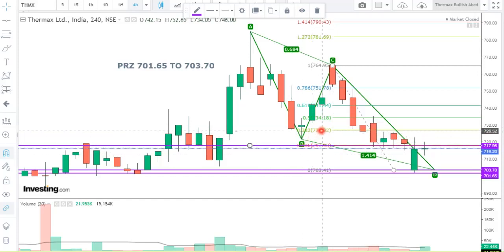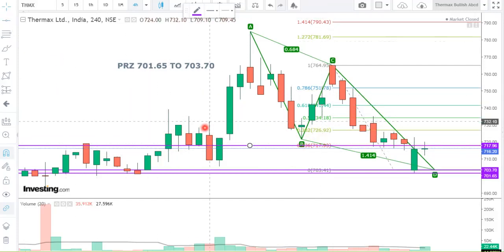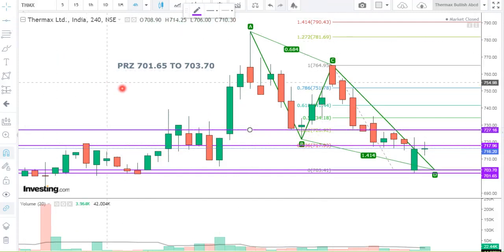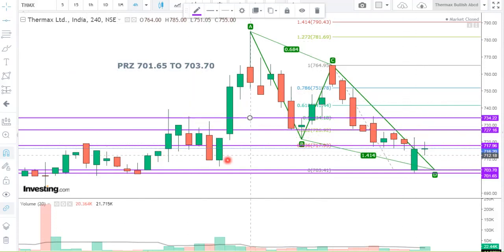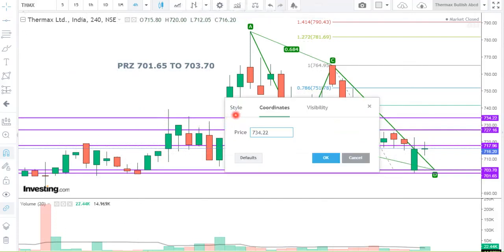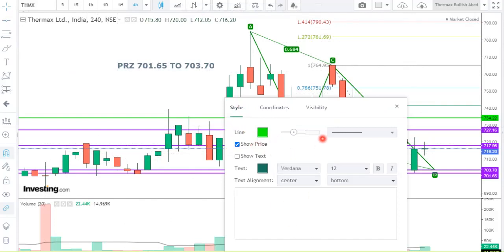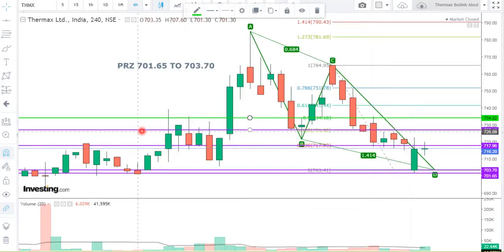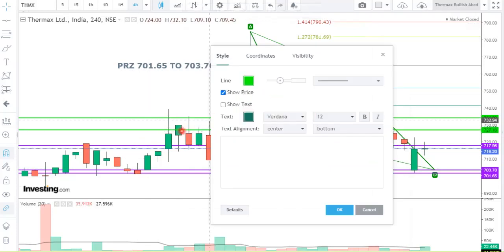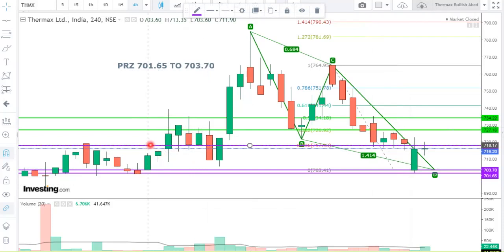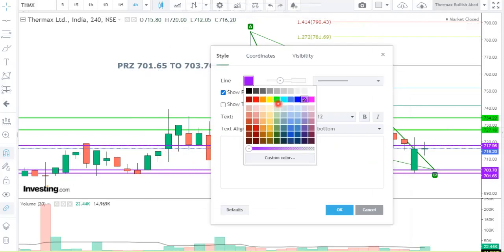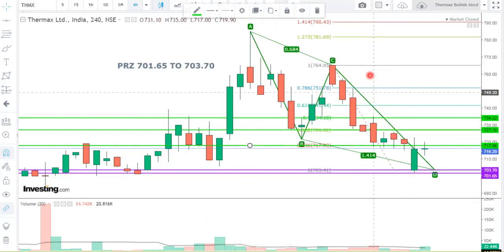Otherwise, your target one is 0.382. If you want, you can change the color of these target lines.